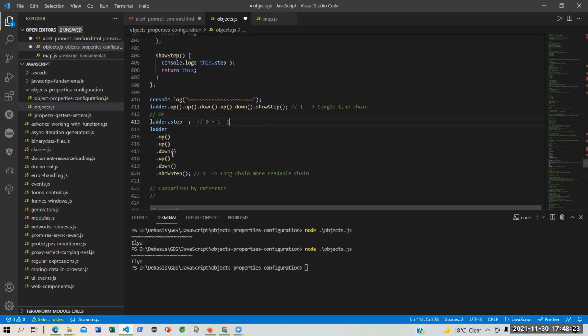But there is another way that you can do this. This is called the long chain or more readable chain. Because by showing this, you are actually doing it in a ladder form. This is the vertical ladder. The function of a ladder is not to be horizontal, sleeping on the floor, but to be standing on the floor.